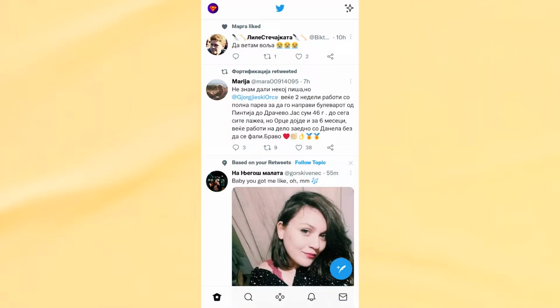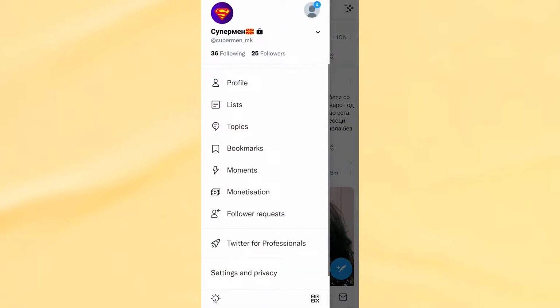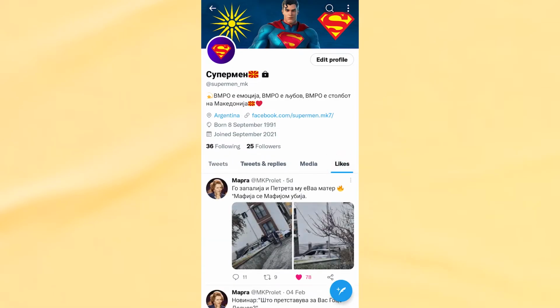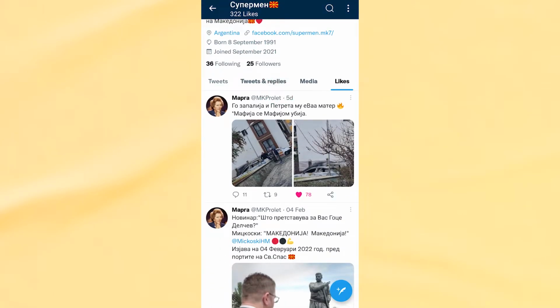First you need to know that if you like any tweets on Twitter, they will be shown publicly in the likes section on your profile page. Go on the left upper side, click on profile, and as you can see on my right side, likes, here I have it. Now this feature cannot be turned off on the platform, but what you can do is